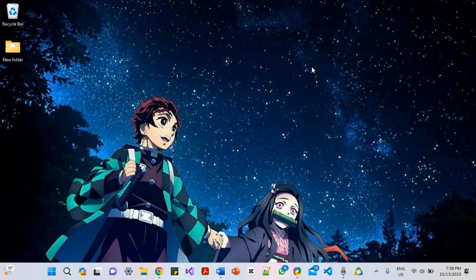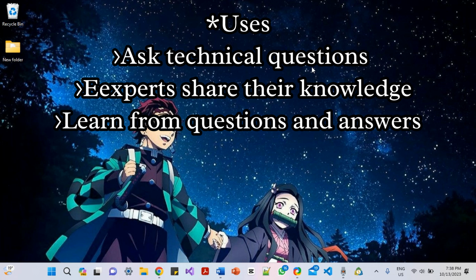Using Stack Overflow, you can ask technical questions. You can pose specific coding and technical problems you are stuck on, and others who know about the topic can help by giving answers and solutions. Developers and experts share their knowledge to help solve technical issues. You can also use Stack Overflow to learn about programming languages, tools, libraries, and best practices. Many people go there to learn from the questions and answers. Programmers use Stack Overflow to get help with finding and fixing mistakes in their code, understanding error messages, and making